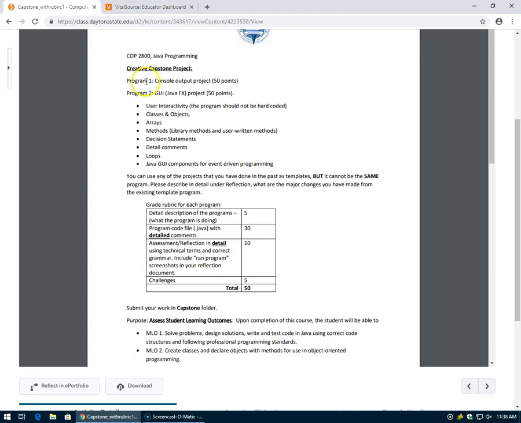Let's say for my GUI JavaFX project, somebody wants to remember that program template that you had where you had a list of books, and then if you click on it, it showed the books. Now you can use the same template and come up with a country with all the maps, and maybe have a picture of the author or whoever you're using as, if you are the programmer, you can create a template where you have a picture showing of you, which does not change, but then as they step through the countries, the flag changes. So you write me a detailed comment about what are the changes that you have made from